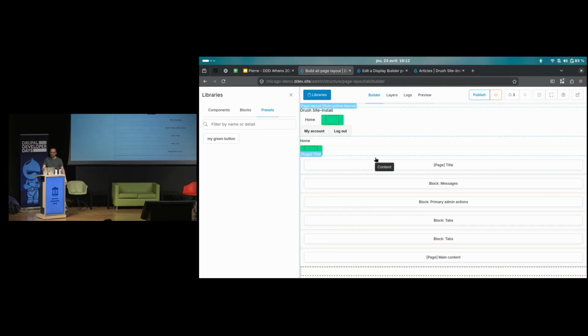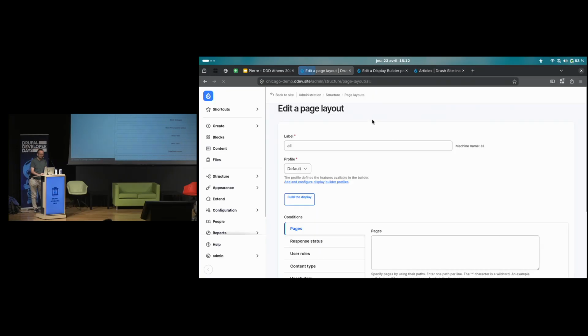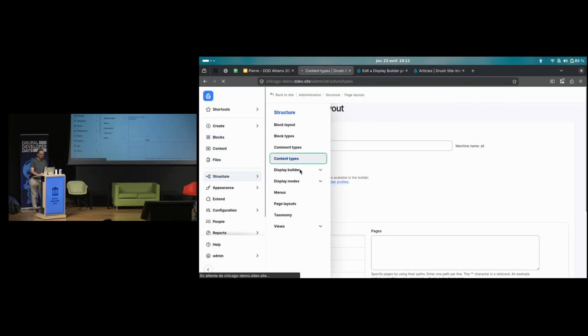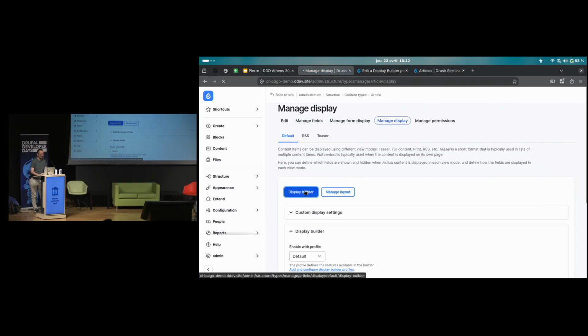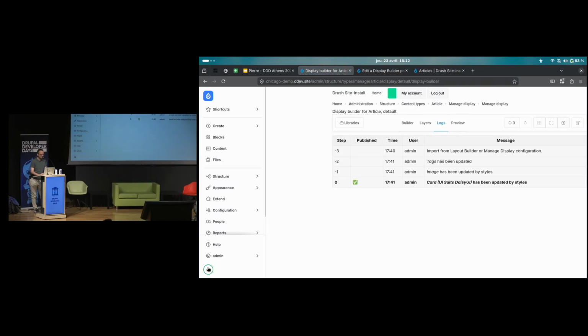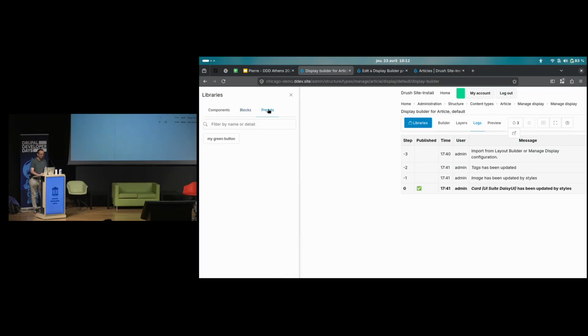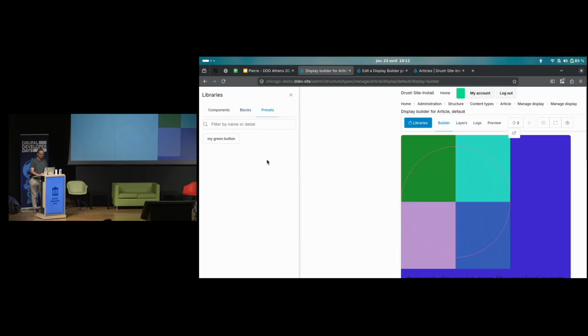That means here, there is no context, because I just put an SDC component, and if I go to another, I will find it here. Where is it? Yeah, it's here. I can drop it.